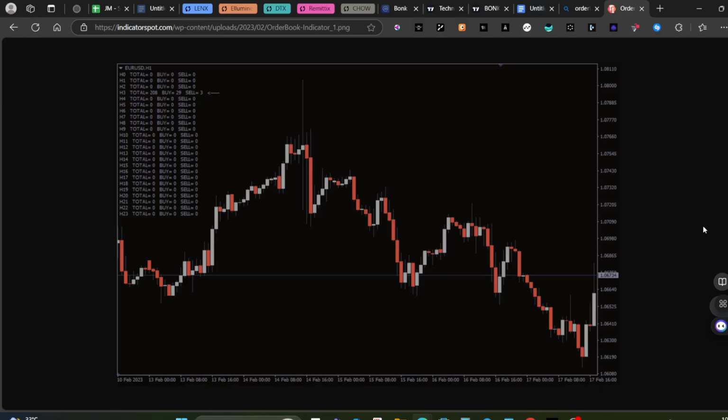In this video, we're just going to be taking a deep dive into the order book indicator for MetaTrader 4. It's a powerful tool that can level up your Forex trading game. Now, if you have been struggling to understand market sentiment or pinpoint whether it's a bullish or bearish market, this tool is exactly what you need. We're just going to be walking you through exactly what the order book indicator is, how it works, and how you can use it to identify trends and make more informed